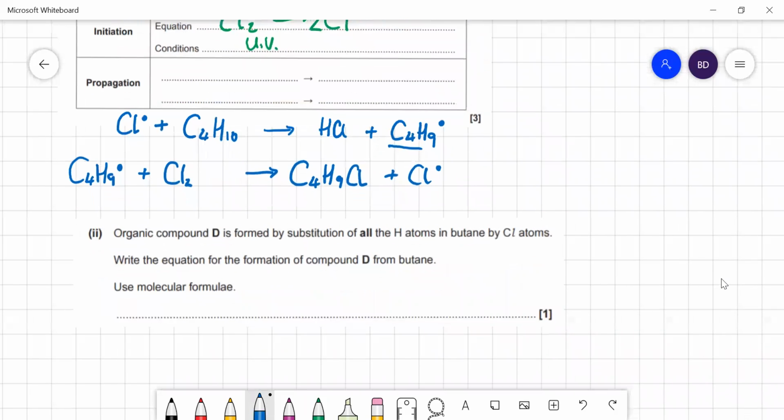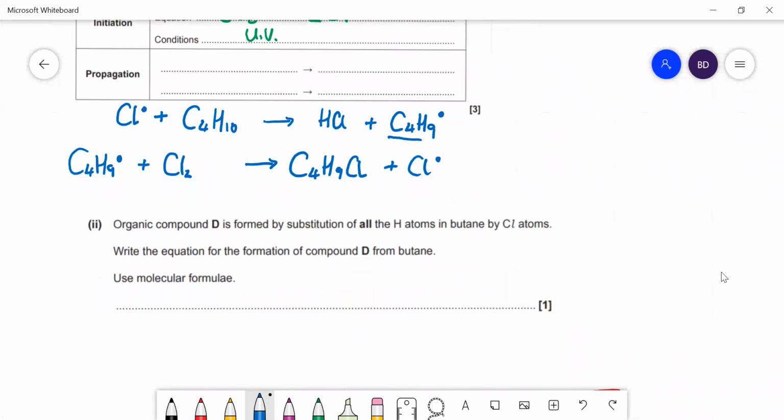Okay, compound D is formed by the substitution of all the H atoms in the butane. Write the equation for the formation of compound D. So butane is C4H10, and we're going to replace every single hydrogen there. So we're going to get C4Cl10, and those hydrogens all pair up with a chlorine to form hydrogen chloride. And there's 10 of them, so we need 10 HCl there. So we've got 20 chlorines on the right hand side, so that means we need to have 10 Cl2 molecules